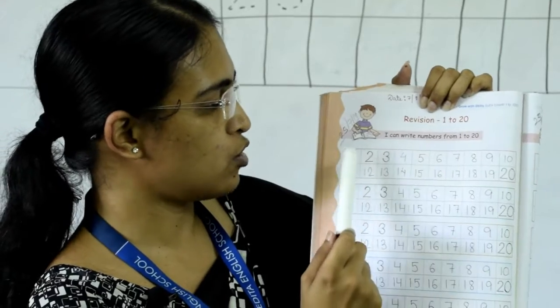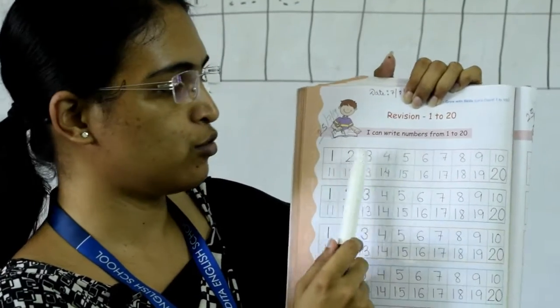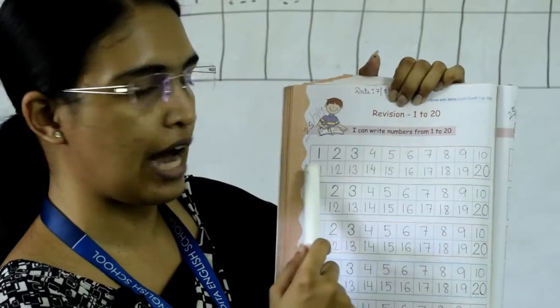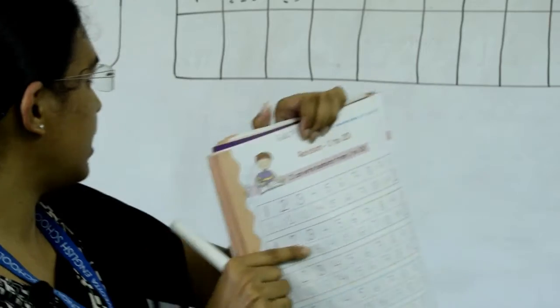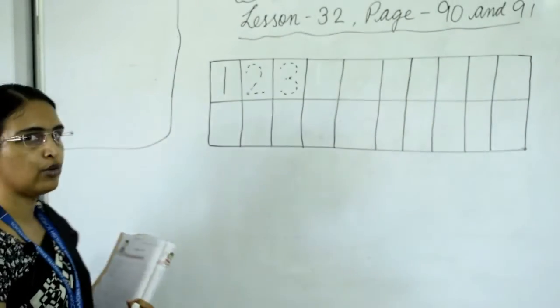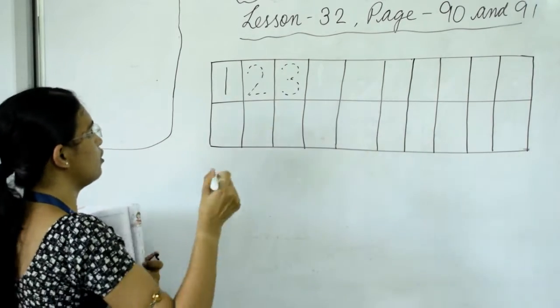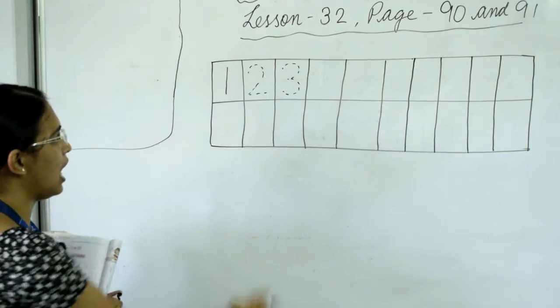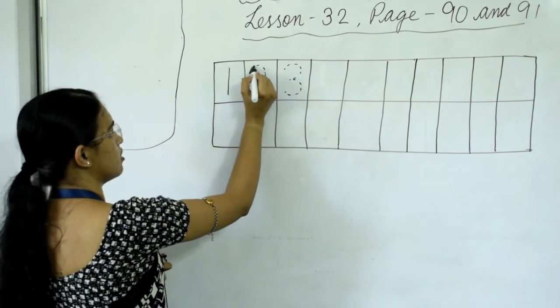In this box 1 is already written, and 2 and 3 you have to trace, and in the other boxes you have to write it by yourself. Like this, same thing I have made on the board. So look at the board to see how you have to fill this box. Okay, now look, 1 is already written here, and 2 we have to trace like this,